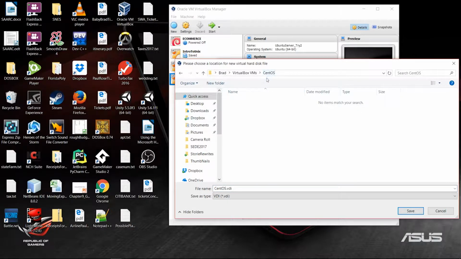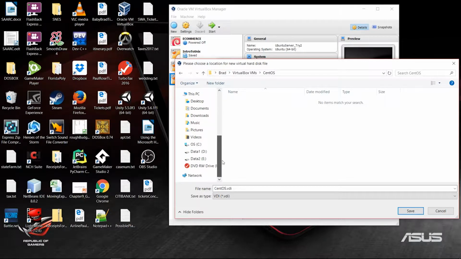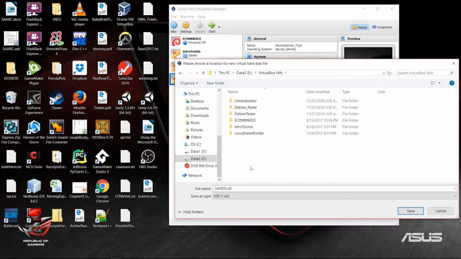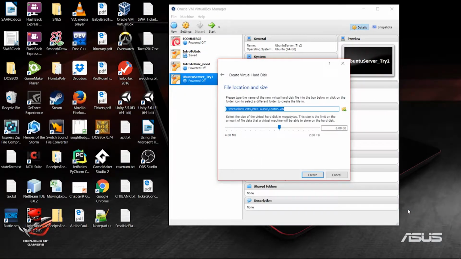I'll select the same folder that we had set up for, double check, no, it's in a different folder. Here we'll set this on the same folder that we had with the intro to Unix, and we'll just call this CentOS VDI and hit save. And then we'll hit create,